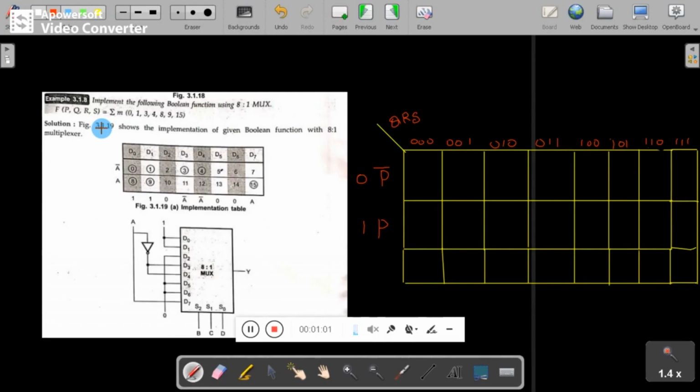An 8:1 mux contains 8 inputs, so you have to reduce the 4 variable expression to 3 variables by means of the EVM technique.